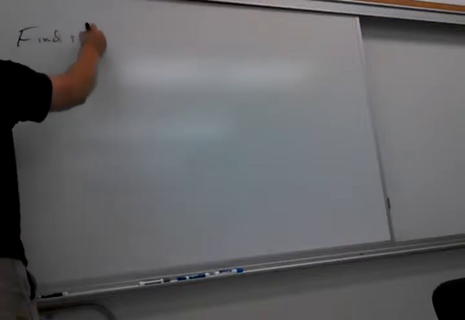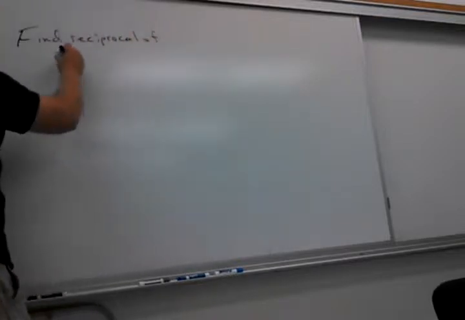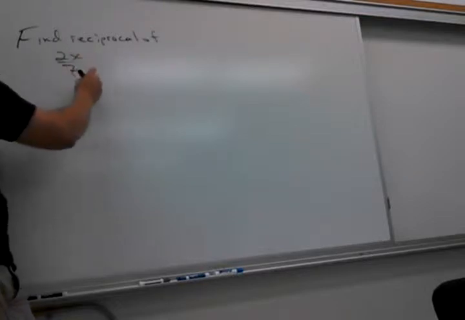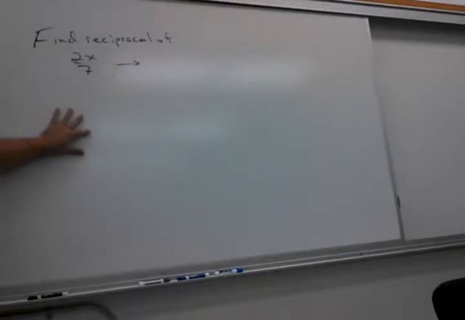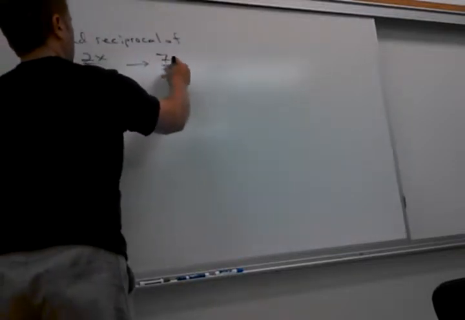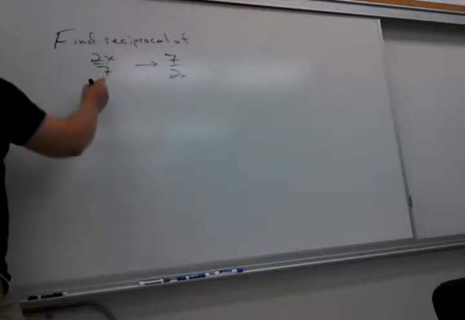So real quick, an example without as much stuff. If I said find the reciprocal of 2x over 7, what would that become? 7 over 2x. Good. So you've got to put that x on the bottom. Right? So this one says